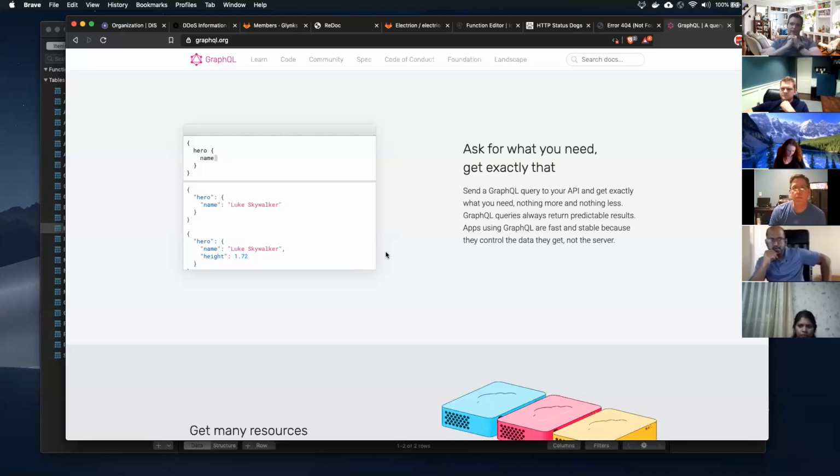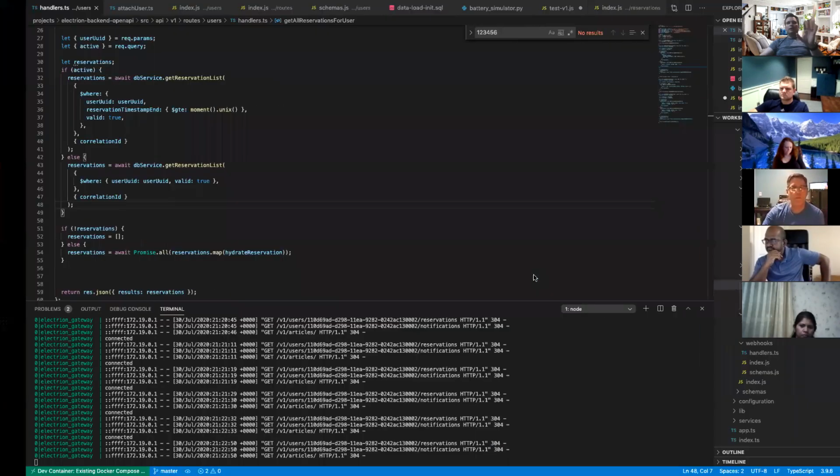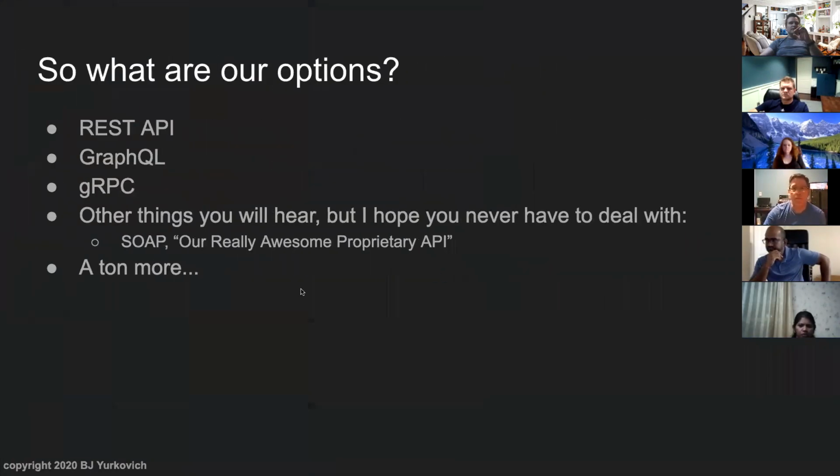So yes, exactly. GraphQL is very powerful. You always consider it as an option. Always talk it through with your team, but in the end, you probably will end up with REST.